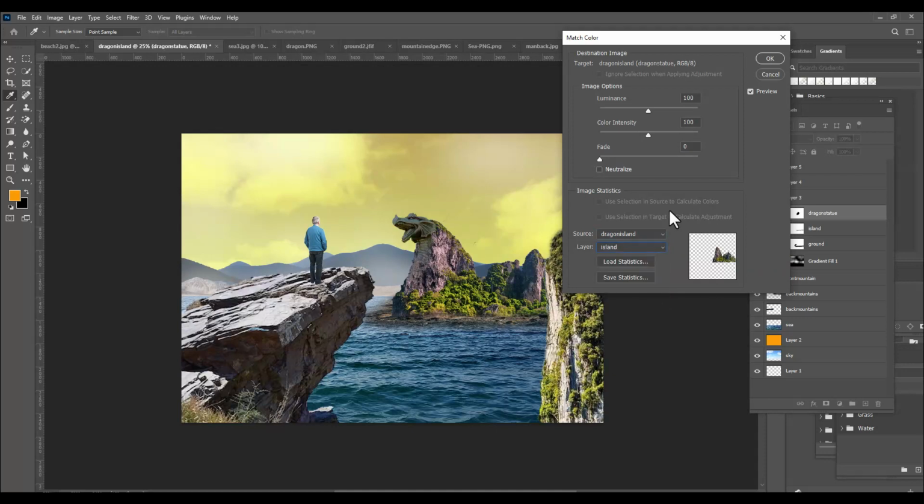So we can see immediately there is a change, but we will reduce the matching effect. We don't want the effect to be too much. We can reduce the color intensity so that the dragon looks more grayish. Right, this looks better. And in case we want to reduce the luminance, we can reduce, but let's increase it. We want the dragon statue to be a little bit bright. Right,